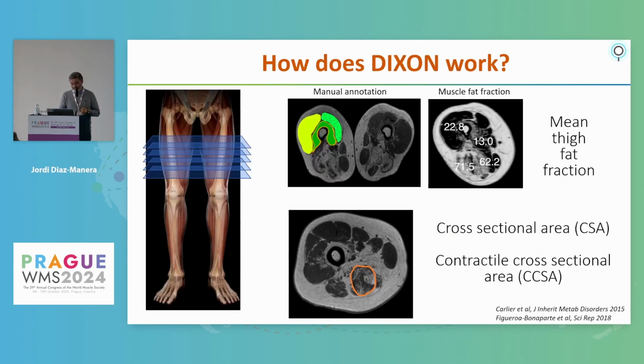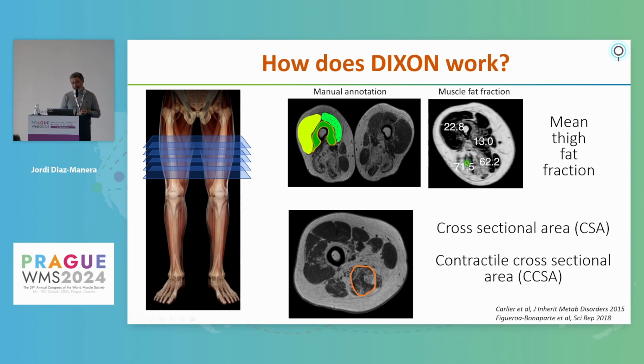And in the old times, I can tell you that I have spent many hours of my life just drawing regions of interest, which is drawing the muscles in an MRI to do these nice research studies where we wanted to use MRI to follow patients. So we used to select some slices, identify the muscles, draw them, and then with what we call manual annotation,